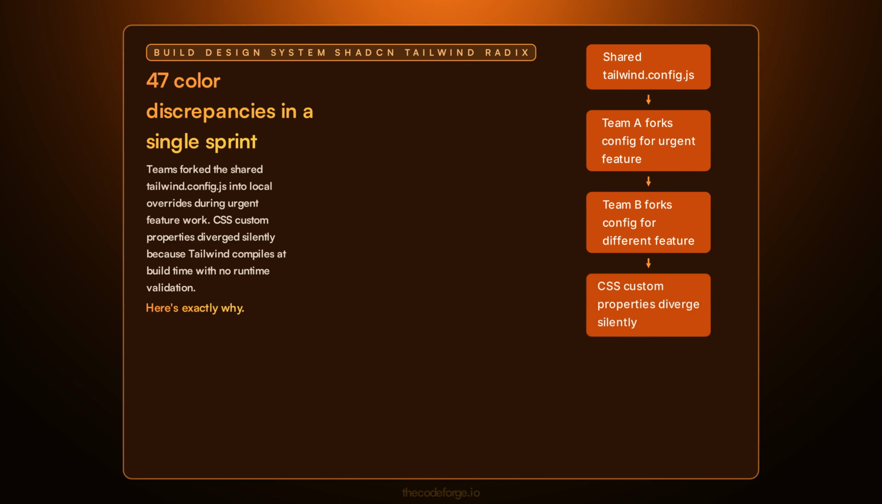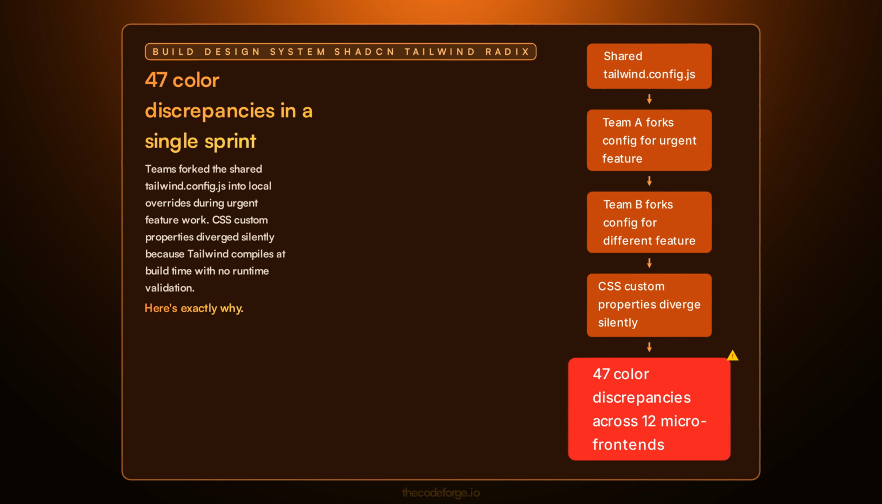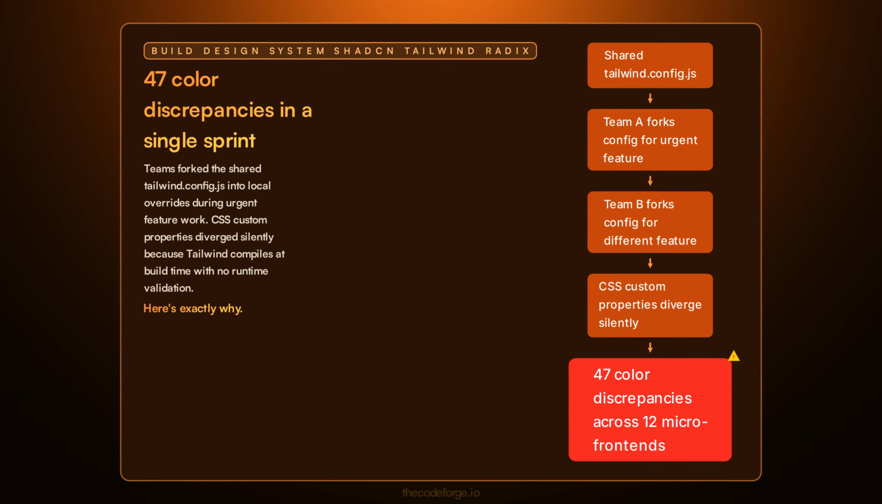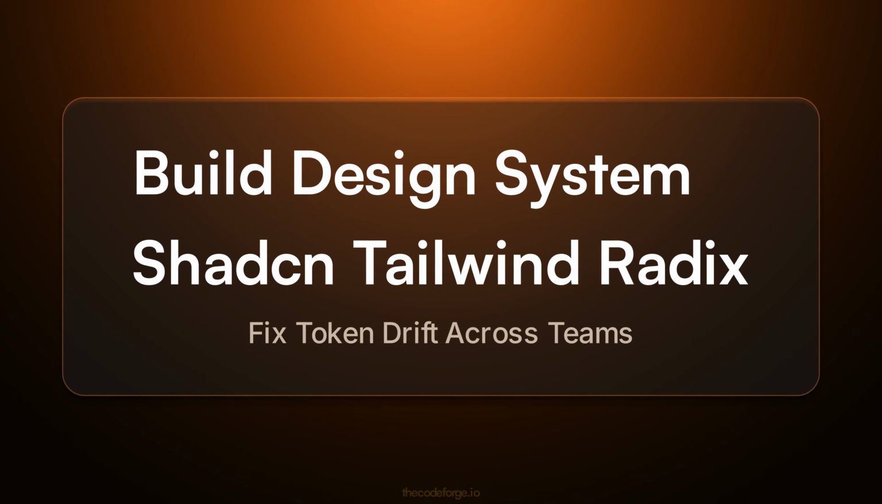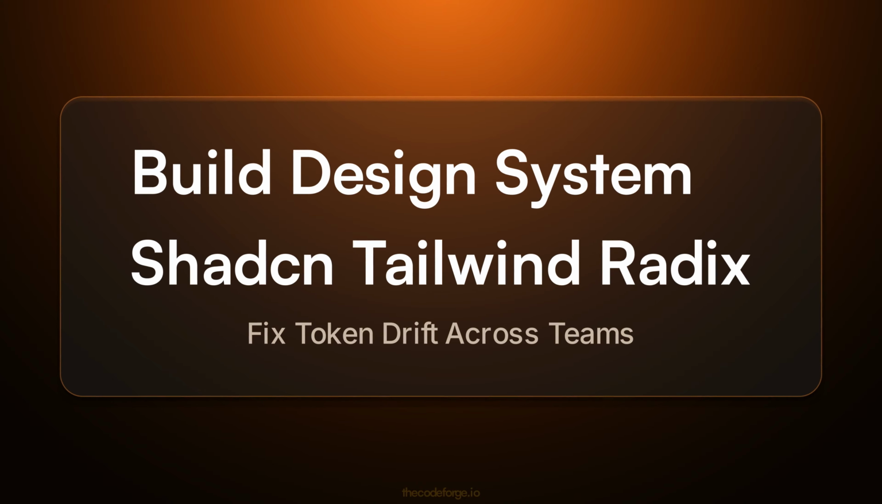47 color discrepancies in a single sprint. Identical components look different depending on which team deployed last. The shared tailwind.config.js was supposed to be the source of truth, but teams forked it into local overrides and nobody noticed until QA flagged the mess. Let's break down building design systems with shadcn, Tailwind, and Radix, how it works, and the exact mistake